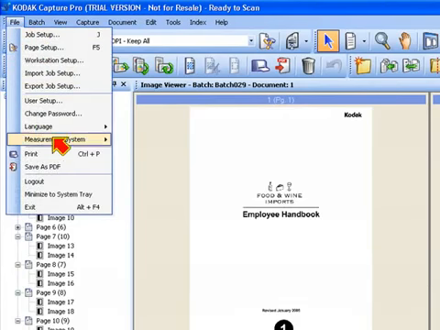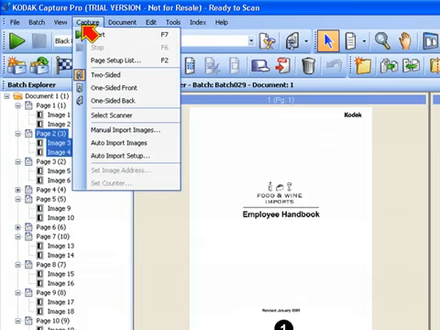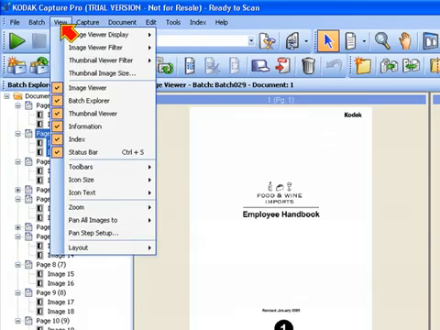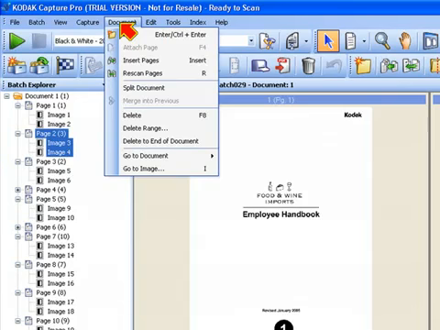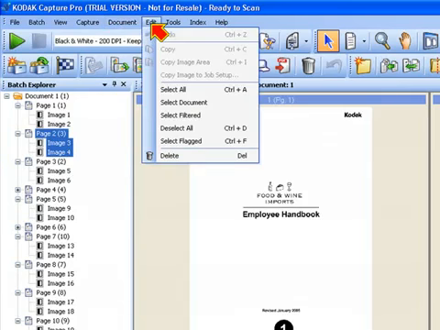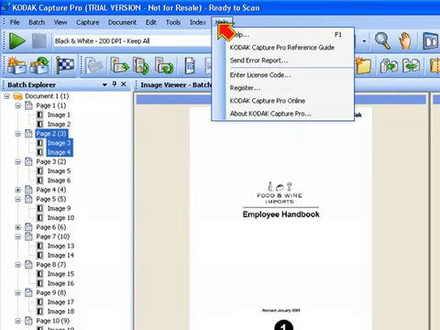If we click on the File menu, you can see there are many options for each of the menus. I can go into things like Job Setup and Page Setup. In the Batch menu, there are options, the View menu, the Capture menu to start and stop the scanner, as well as the associated shortcuts. In this case, there are function keys to start the scanner and stop the scanner. There's a Document menu, the Edit menu, Tools menu, Index menu, and then there's a Help menu. Kodak Capture Pro Online will automatically launch Internet Explorer and take you to our home page for Capture Pro software